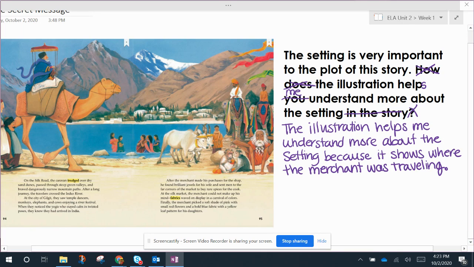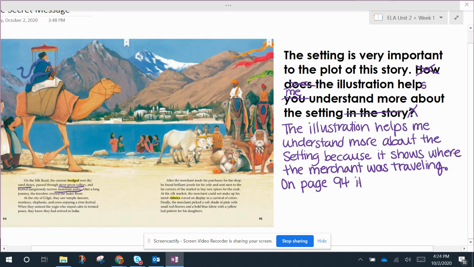In order to cite evidence, I'm going to have to go back and read my text. On the Silk Road, the caravan trudged over dry sand dunes, passed through steep green valleys, and braved dangerously narrow mountain paths. After a long journey, the travelers crossed the Indus River. Well, on page 94, it does tell us that they are traveling over sand dunes, in steep green valleys, and going on mountain paths. So, on page